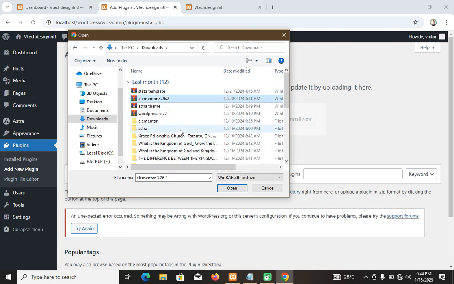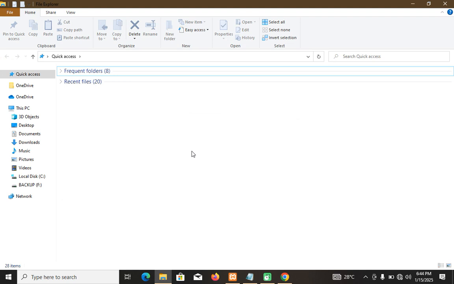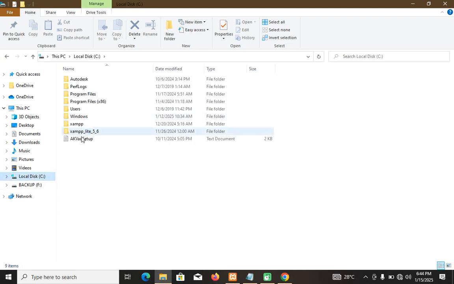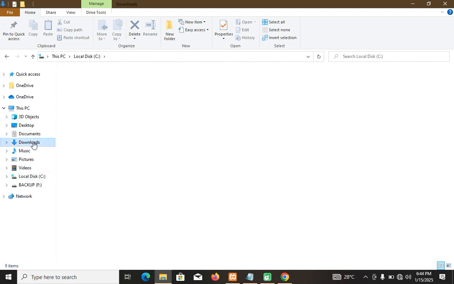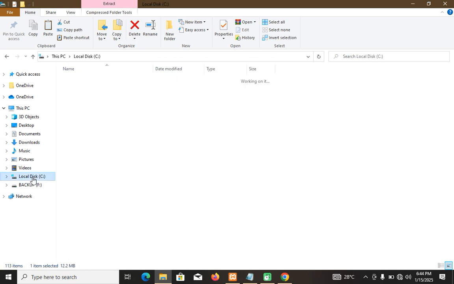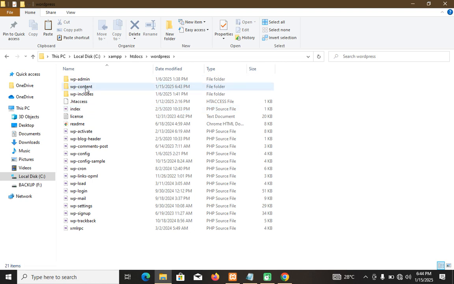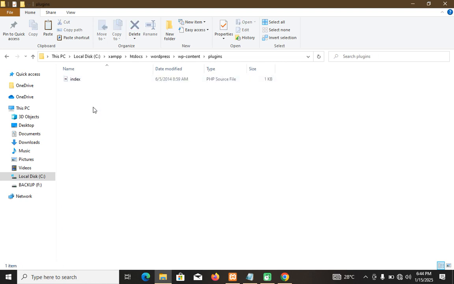So what I'll do is this: I'll cancel everything. I'll go to my localhost C. All right, so localhost C is coming up. Then I'll go to my download again. I will copy this Elementor, Ctrl C to copy. Go back to localhost C, XAMPP folder, htdocs folder. Please, we are running the WordPress locally. That is why I'm using a server as XAMPP, a local server called XAMPP. So htdocs folder, WordPress folder, WP content folder, plugins folder. Then we can paste it here,